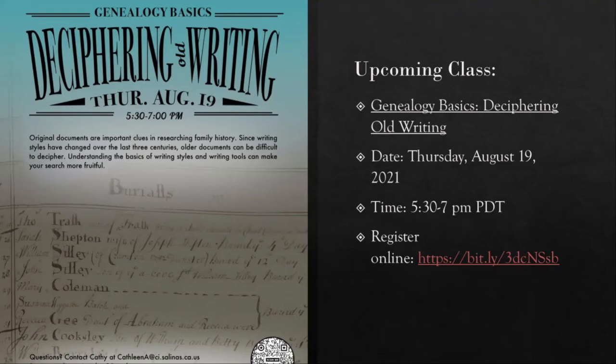There will be 3 more classes in the fall, in October, November, and December. I will be repeating the Getting Started class in October. And in November, it will be using the census, which will include a little bit of a look at what we anticipate being able to find out. The 1950 census is going to be available theoretically April next year. The 1950 census will come online for us to be able to use.